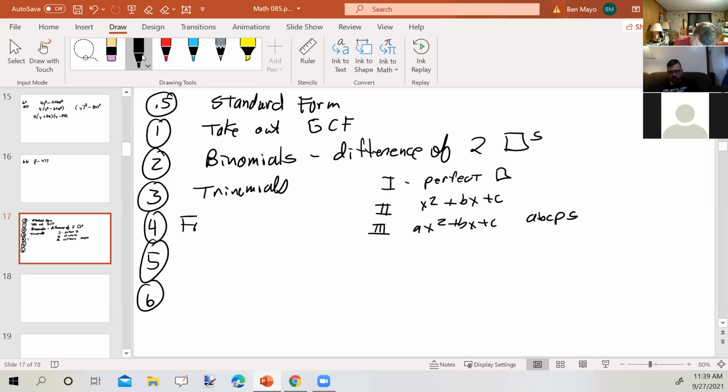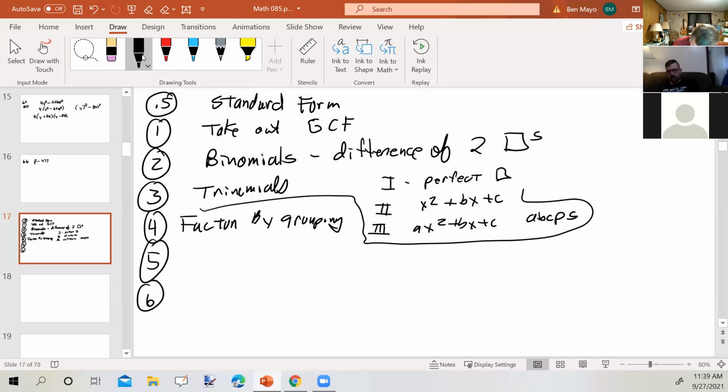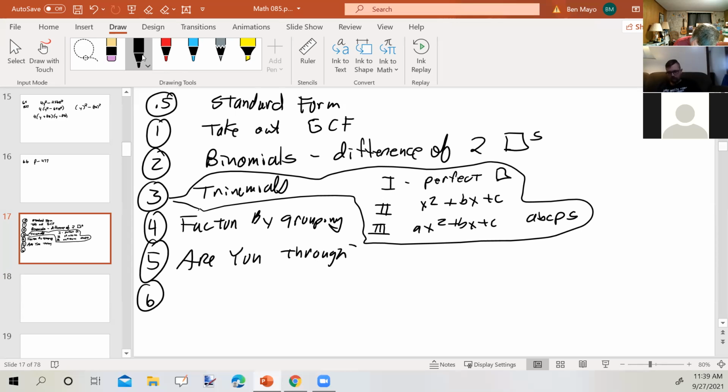4 is factor by grouping. 5 is are you through, and 6 is check your work. Okay, now,